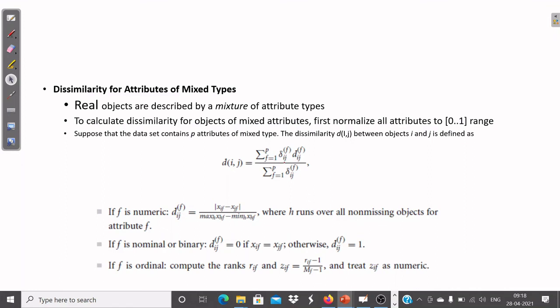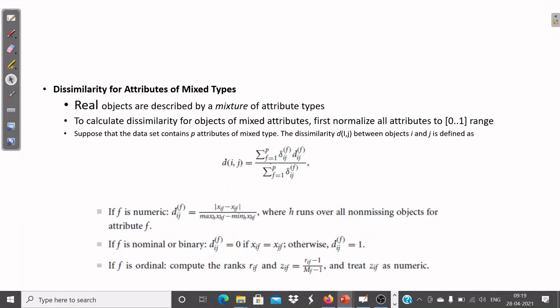Now, what is this delta? Delta is whether you want to give any weightage to the distance measure or not. Where this becomes important is in the case of, say, a binary attribute, when both values are 0, you don't have to consider that attribute. That is for the asymmetric case. In the asymmetric case, if both objects have an attribute value of 0 or false or whatever, we are not giving weightage to that attribute. Only in that case does this delta value become 0. In all other cases, the delta value becomes 1.